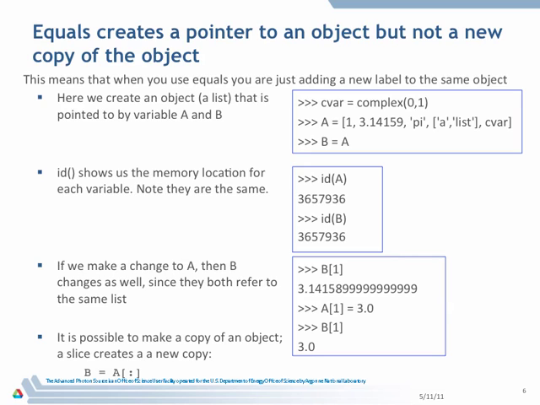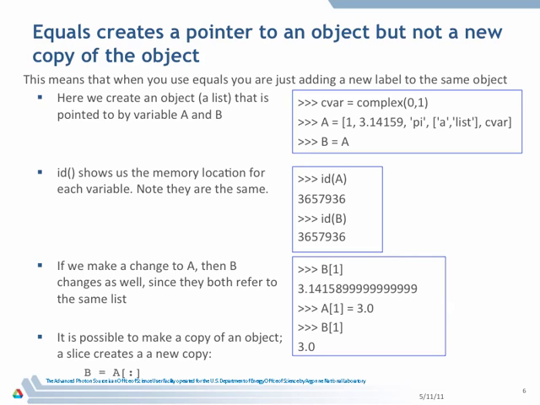Here I've created a list. It's a fairly complicated list containing another list and a bunch of different data objects. And now I have copied that, one thinks, to B. But I didn't copy it. All I really did was say that B is a pointer. B is a label that points to this. Okay, because A is just simply